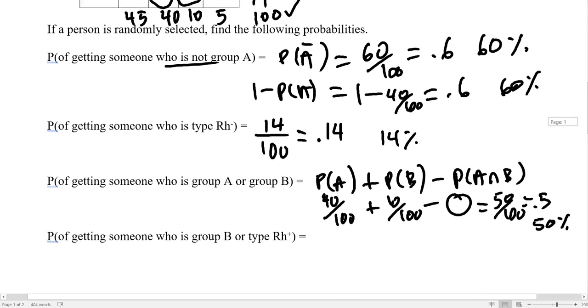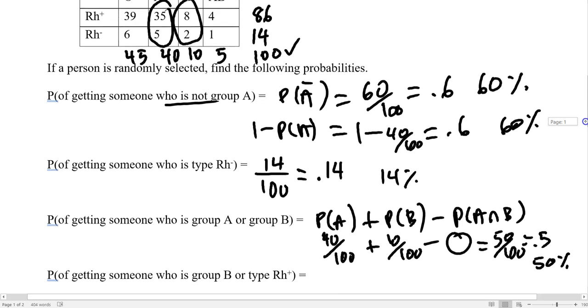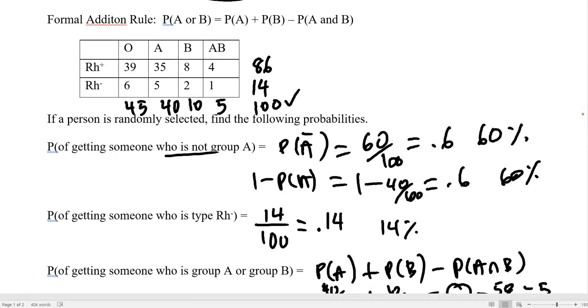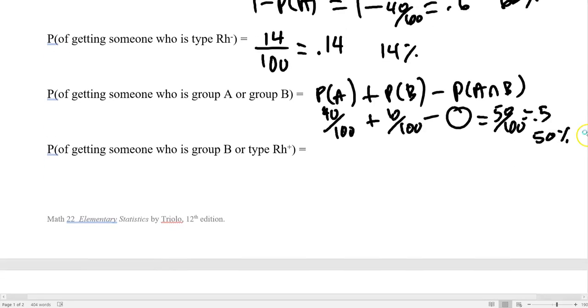What is the probability of getting someone who is group B or Rh positive? So group B is these 10, and Rh positive is that 86. Am I going to just add them this time? Am I just going to add the 10 and the 86? Well, let's see. So it would be B, which was 10, plus Rh positive, which was 86,